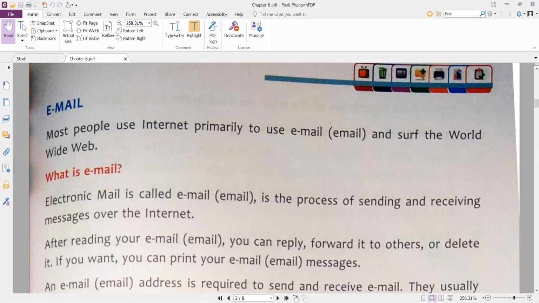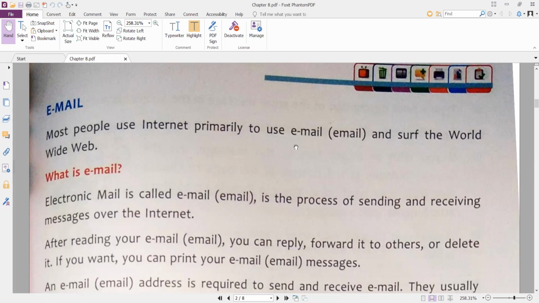So our today's topic is email. Most people use internet primarily to use email and surf the world wide web. Nowadays internet is used for so many purposes, but a few years before, it was mainly used to write the email and to surf the world wide web.